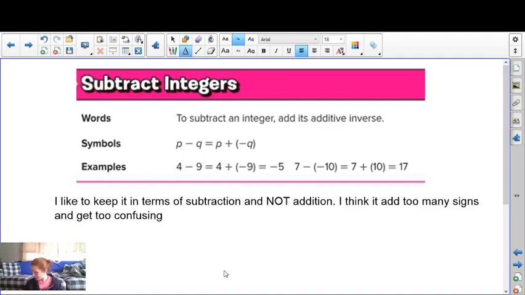I think it puts too many signs in the equation, and then what's going on? Are you adding or are you subtracting? I don't know. I used to get in trouble for not using it this way,